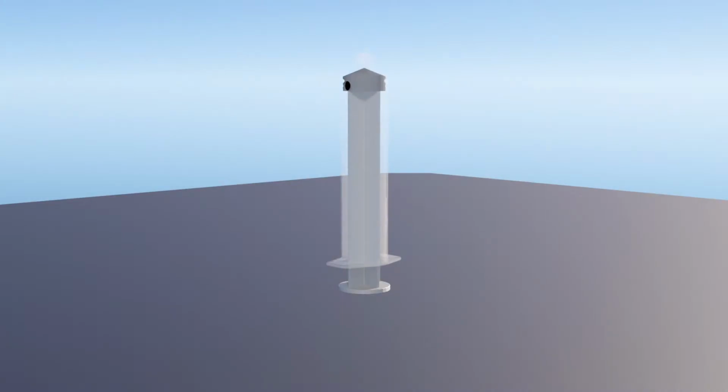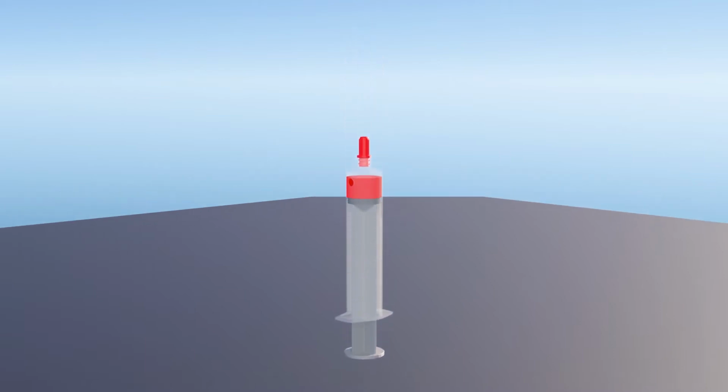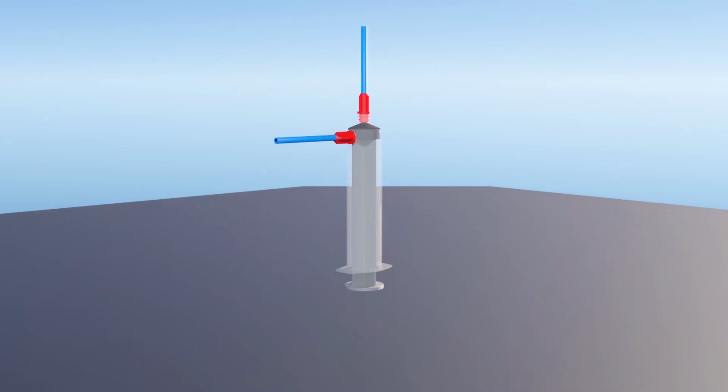Imagine a compressor like an injection syringe. When we pull back the rod, air is sucked inside, and when we push the rod, the air is released at high pressure, which happens due to the narrow opening of the syringe. Now let us add one more opening in the syringe, in such a way that when we pull and push the rod, only one opening is open at a time, and the other opening is closed. And this is how a compressor works.